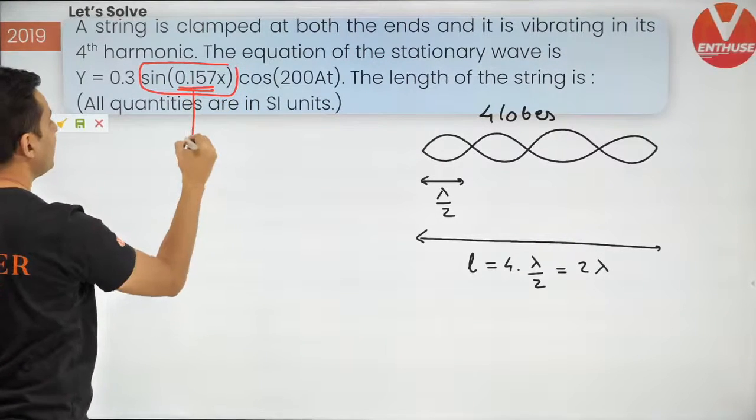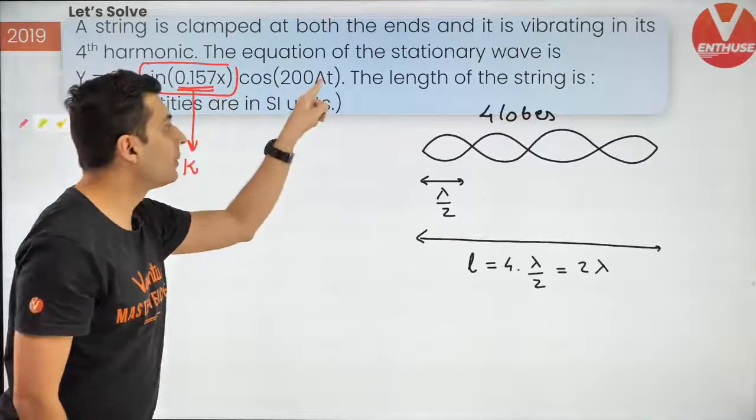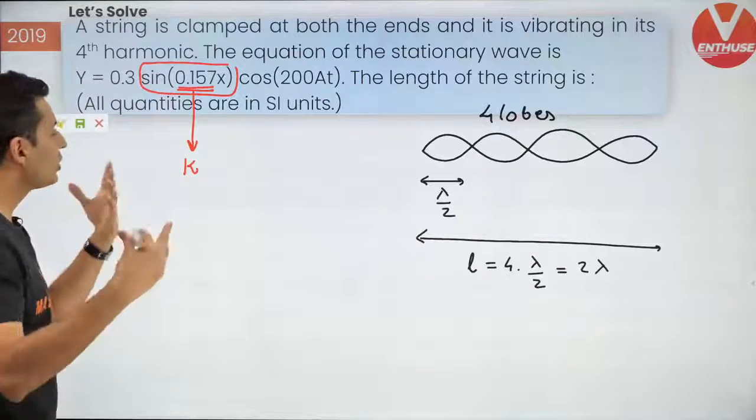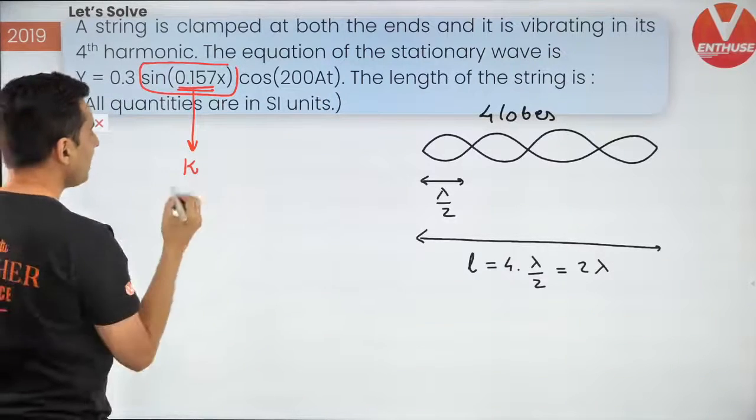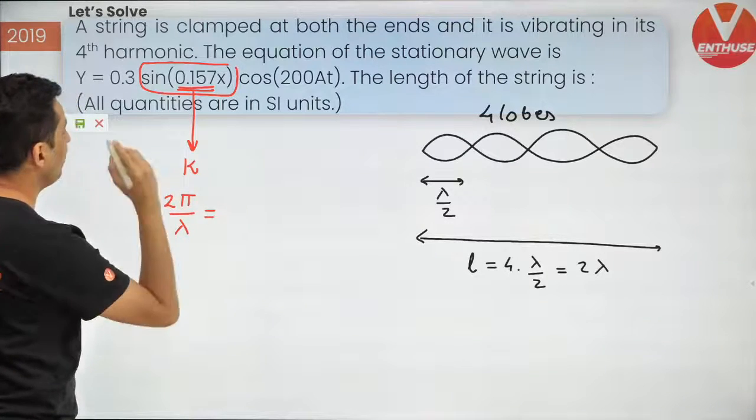What is this number? This number is nothing but k. Remember, it is always kx and omega t. So if you know k, you also can find the wavelength. So what is k? K is nothing but 2 pi by lambda. So 2 pi by lambda is